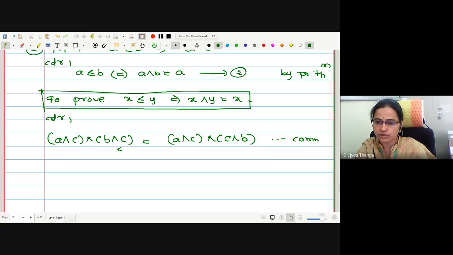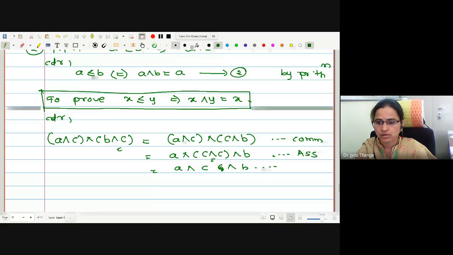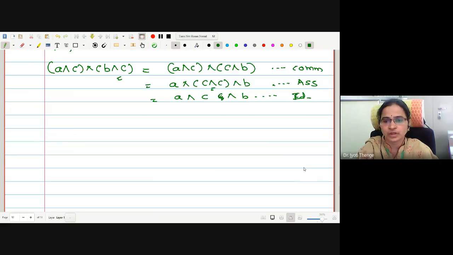All steps are going to repeat. For join, replace with meet. This is A meet C meet C meet with B. Which law have I used? Associative. Now let me use idempotent. This is A meet C meet B. Which law? Idempotent. Now we have A meet C meet B. Now what will I do? I will write A meet